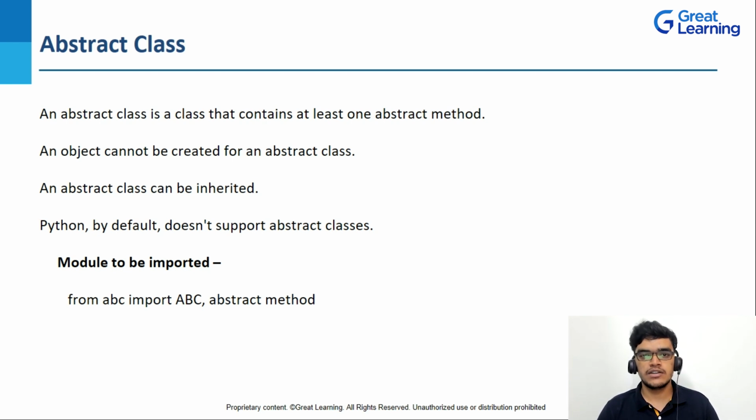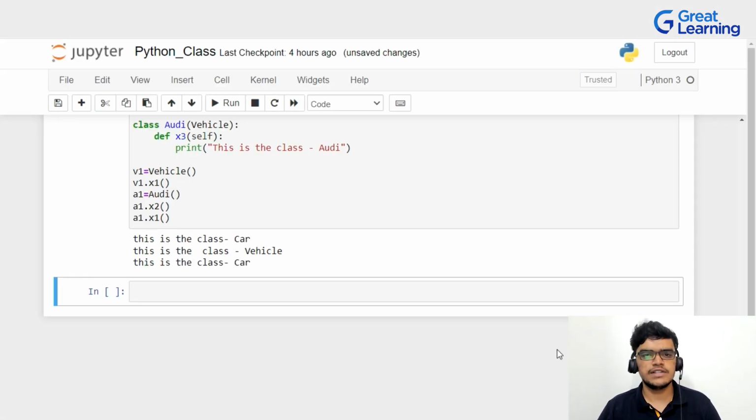So in order to do that, you have to import the module. The module we are having is from abc import ABC, abstractmethod. So what is ABC here? ABC is abstract base classes. So after getting basic idea about abstract class, now let's see the implementation. So why are we waiting for? Let's start with coding. So I'll just write here abstract class,